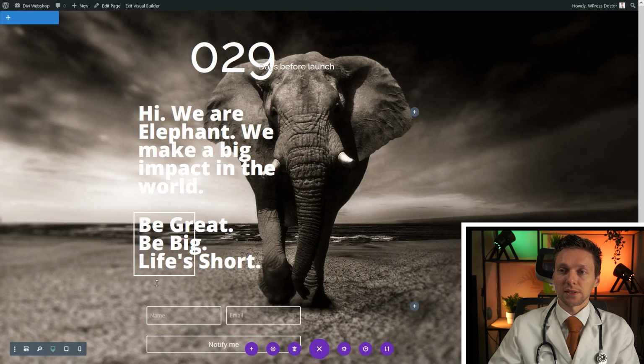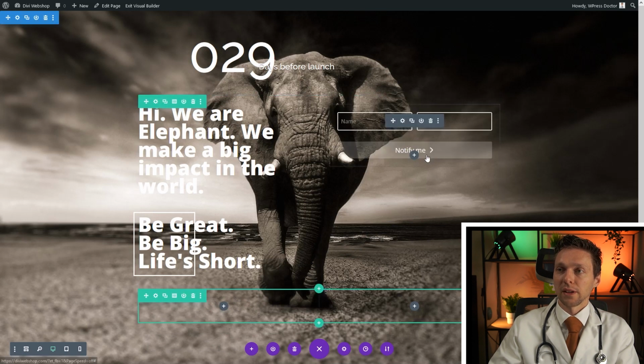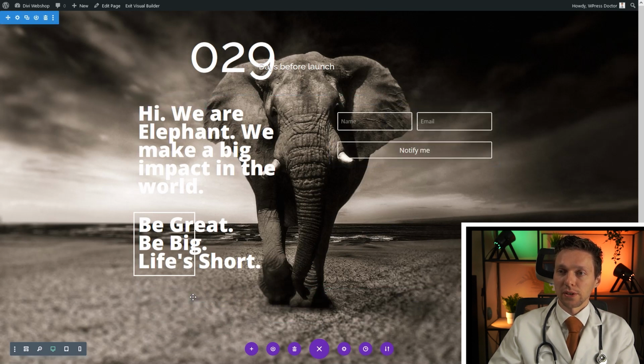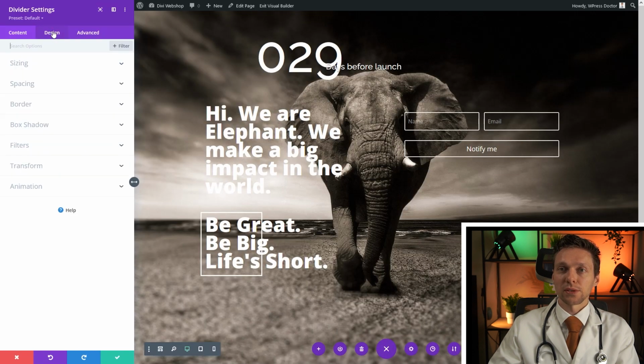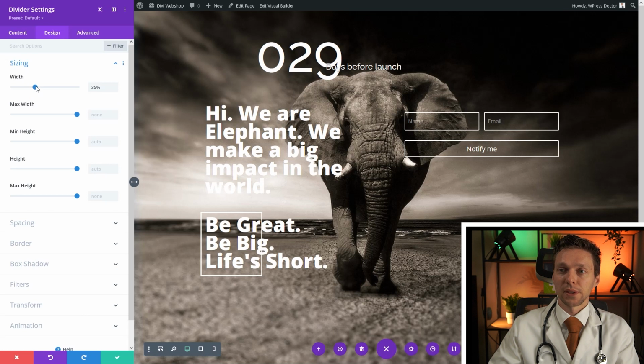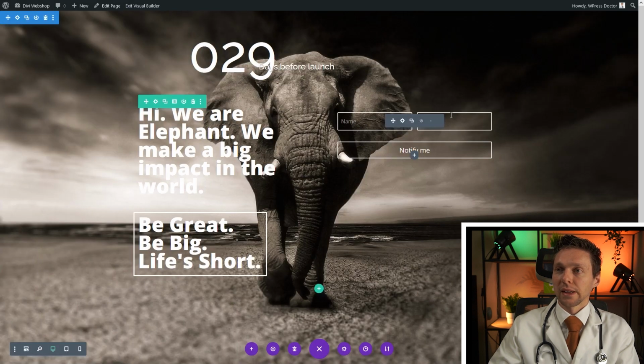Press save changes, and then we're going to remove this one. The module, just drag and drop it to there. This looks way better. We can remove this one. But now the divider is a little bit different, so we go to design, sizing, make it bigger again. Maybe you want it like this. Awesome. Press save. And now it's over here, which is excellent.